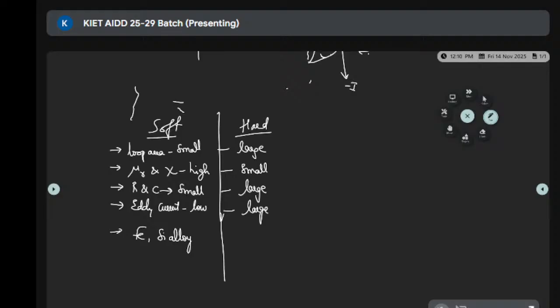Metals, alloys. Example: iron and silicon alloy comes under soft. Steel. These are used to make